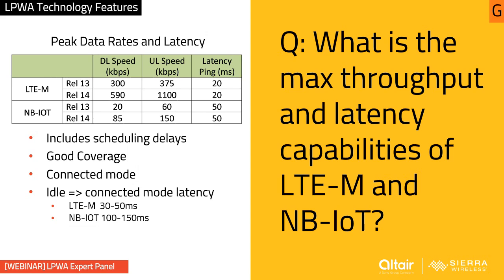Okay, well, I have the table there, you can see. So these are data rates, or what I call sustained peak data rates. These include the scheduling delay, or what some refer to as a full buffer model. I've seen other people show data rates that don't include scheduling, which I think are really inaccurate because LTE-M and NB-IoT are all scheduled. For example, if you don't include scheduling, the NB-IoT data rate would be like 225 kilobits per second versus the 20 I've shown here for release 13. So there's a massive difference, but really the numbers I'm showing here I think are accurate. These are what you can measure, even in the very best coverage.